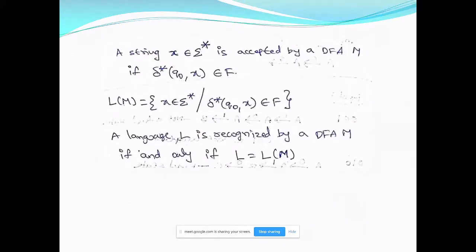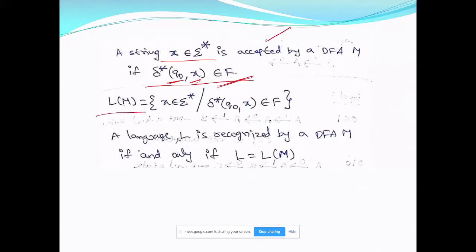I am giving you a definition: a string X is accepted by DFA M if it is given as input to the DFA and we start in Q0. Once you start in Q0 and process the input string, after reading all the input symbols, if it ends in one of the final states, then you can accept the input string.